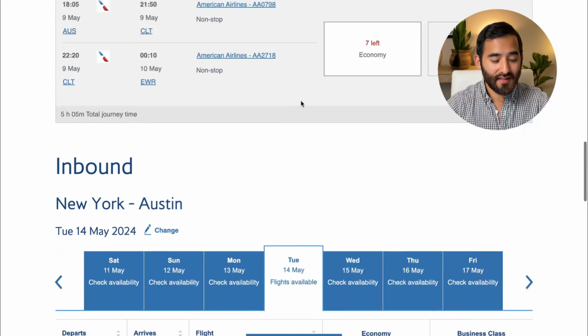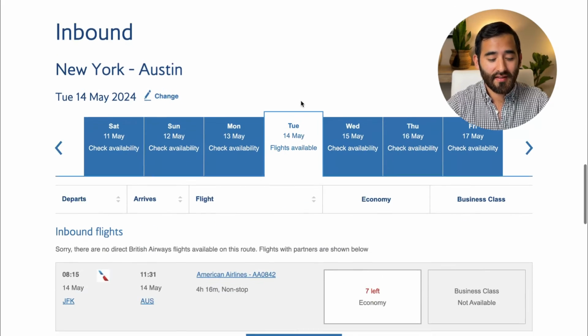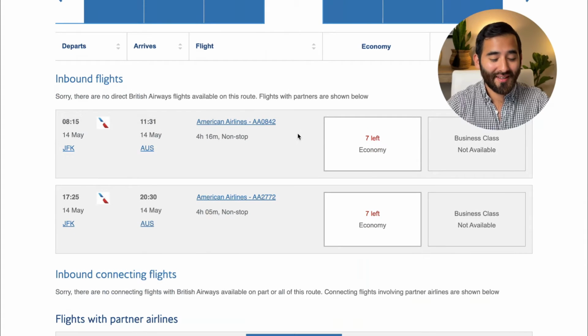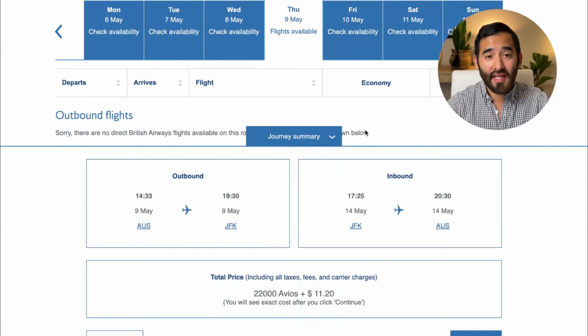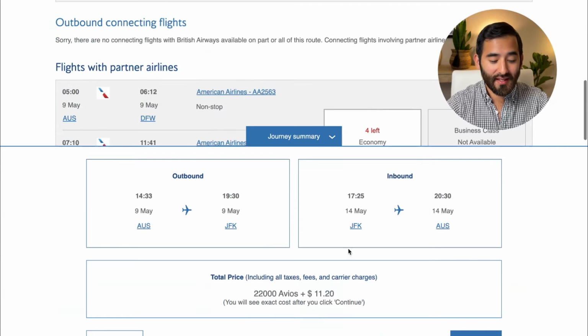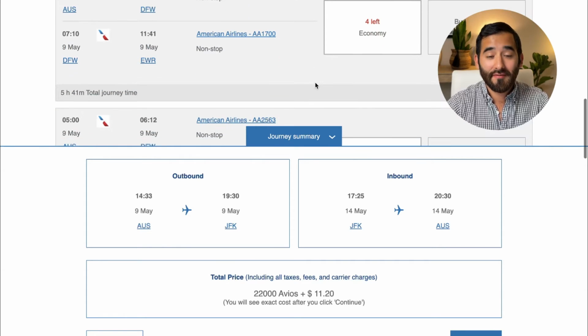And so we'll skip these, and then it tells us our returning flights. And look at that, we got lucky with two more nonstop flights here. And we'll do the evening. And now there will be no price difference between the morning and the evening flights so long as the distance is the same, as there's no connecting. And then it shows you your price, 22,000 Avios and $11 for a full round trip flight from Austin to